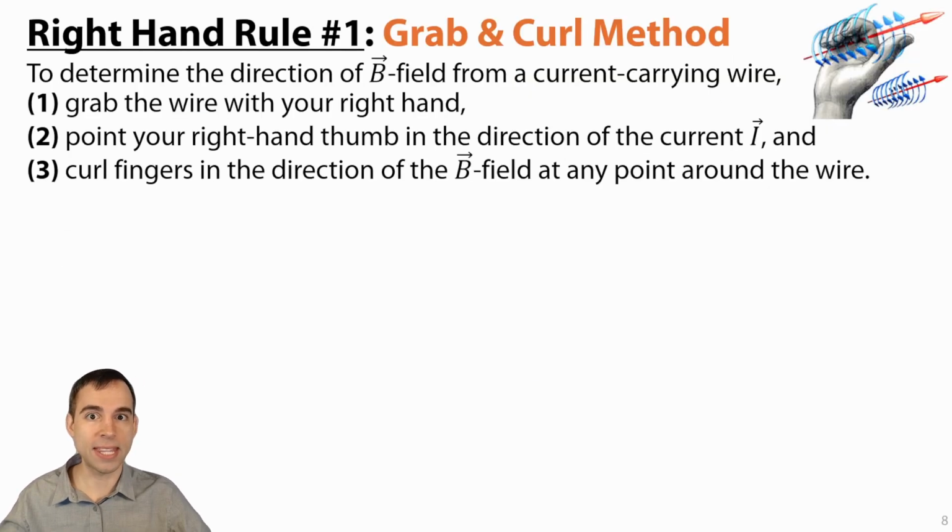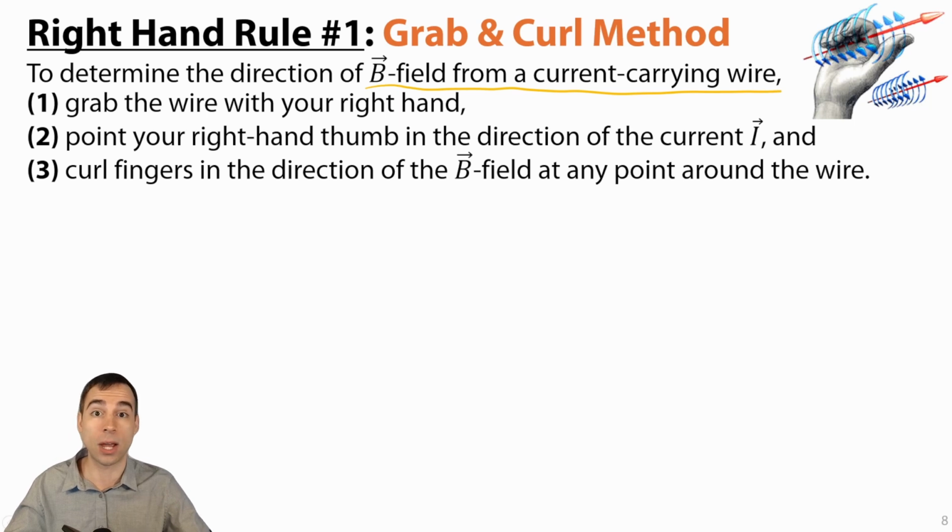Now that we know how to think in 3 dimensions, we can use the right-hand rule to determine the direction of the magnetic field coming from a current-carrying wire. There's 2 right-hand rules, and the first one is called the grab and curl method, and the instructions are listed below. Essentially, if we have a wire carrying a current, you will want to first grab the wire with your